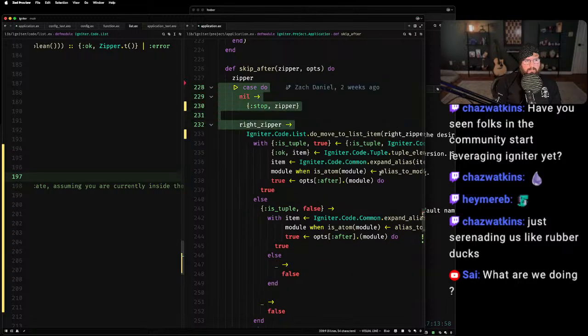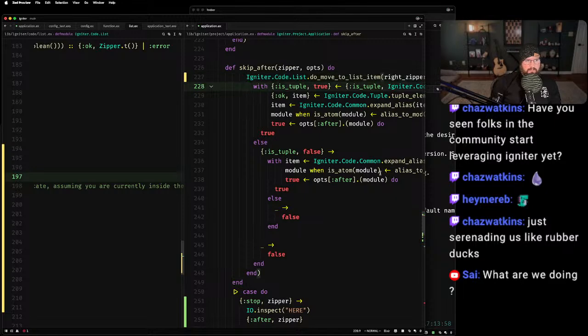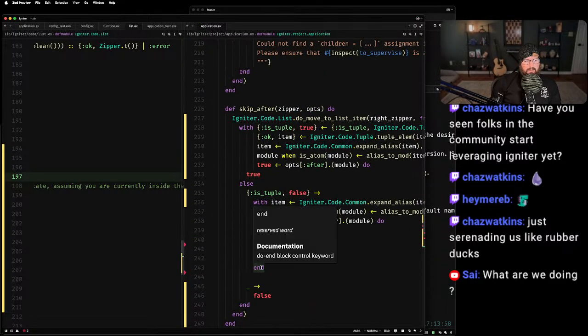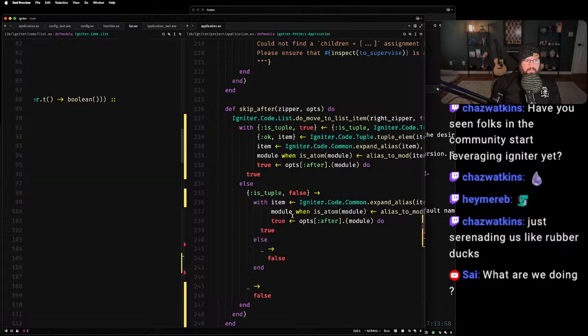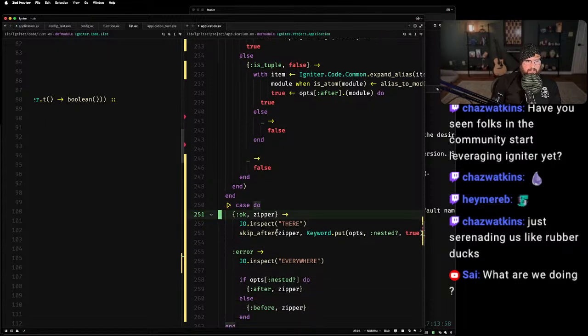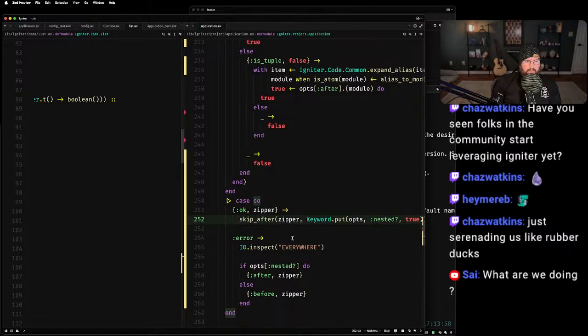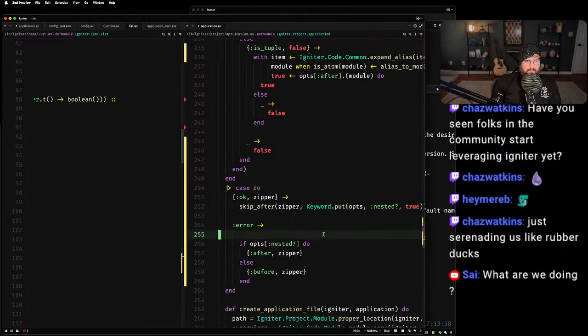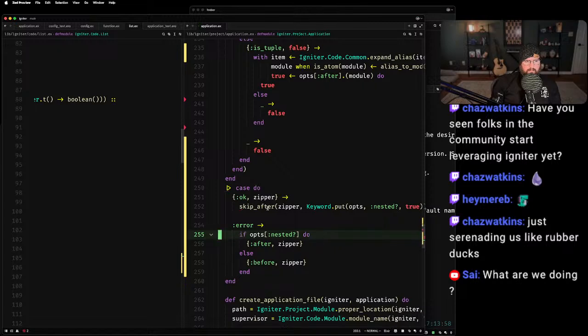So we're just gonna say, okay, move to the list item, and then we don't need this stop case. We say, okay, well, we found a list item that we're going to go again, until we don't find a list item that we go after, and then we're actually pretty good here.